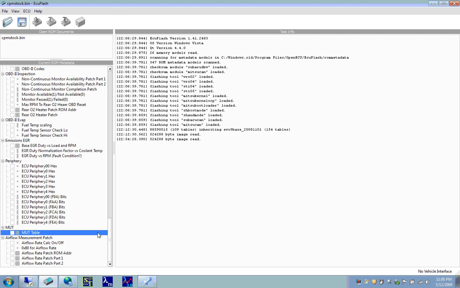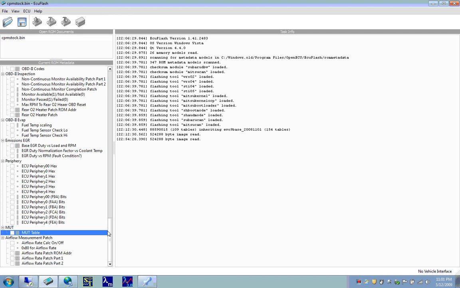And I recommend it's one of the first things you do when you're trying to tune your Evo, because having access to this MUT table is key in setting up the ROM before you do any tuning at all. You're going to want to make some changes to the MUT table in order to make data logging more beneficial to you and make it much easier to tune. So what you want to do is get your MUT table listed. You can find the official